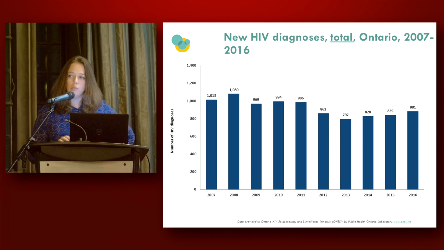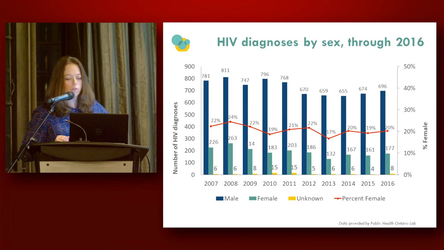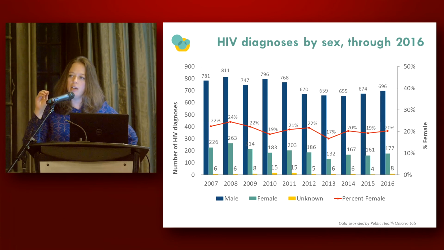I'm going to talk to you a little bit about what we see when we break down these diagnoses by different factors. So when we look by sex, we see that there's some stability over time, with about 20% of our new diagnoses occurring among women. Both that percentage has been somewhat stable, but that count has also increased between 2015 and 2016. So these are some areas where we really need to start drawing our attention, but we've also seen that the count has increased among men as well, but the percentage is higher among women.